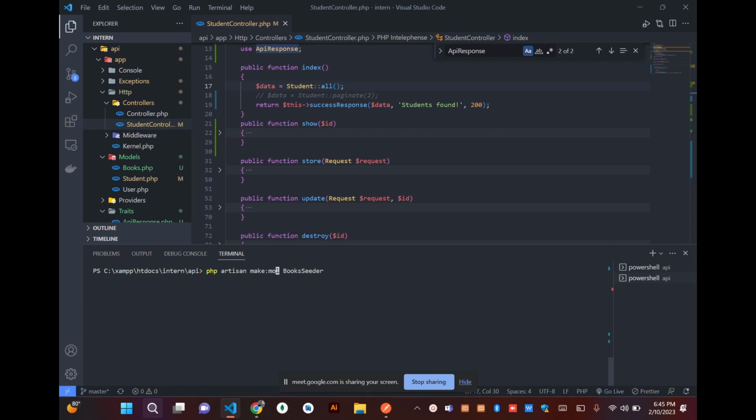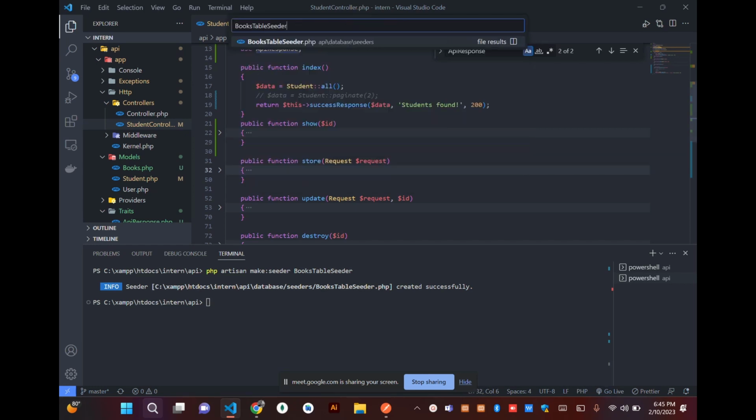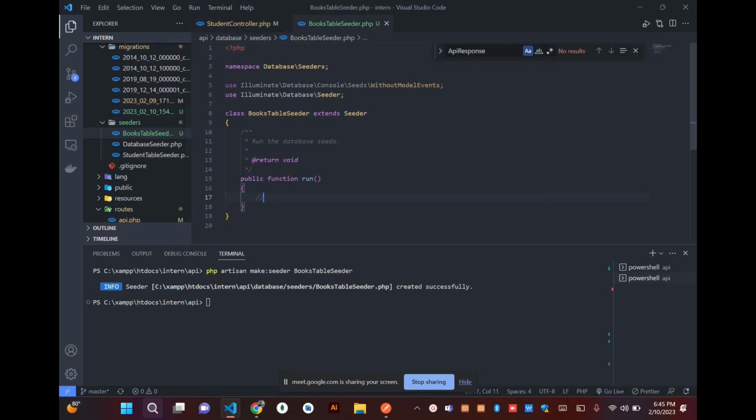So make seeder, then this seeder is a books table seeder, right? It's the nice way to do this. Say book table seeder, sorry for this, book table seeder. So once we are done with this book table seeder, let's go find it, and then in here we just